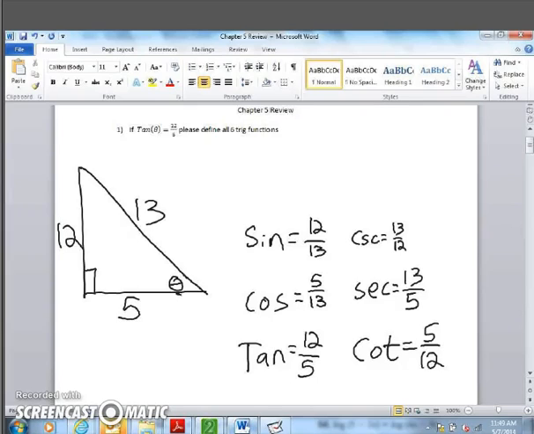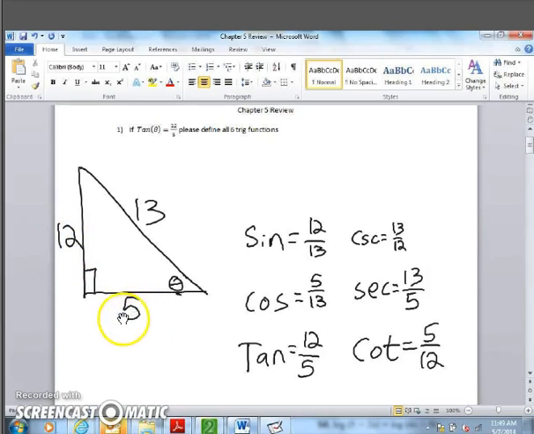Alright there kids, today we are going to work on the review for your Chapter 5 pre-calculus test. So, the first problem states that if tangent of theta equals 12 over 5, please define all 6 trig functions. Since tangent is opposite over adjacent, I can put the theta in the corner of a right triangle and do opposite 12